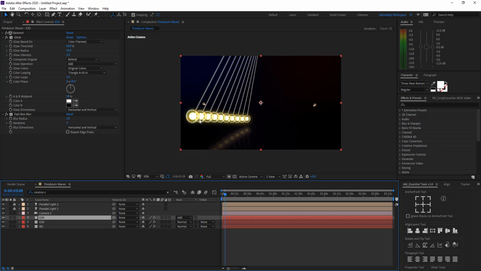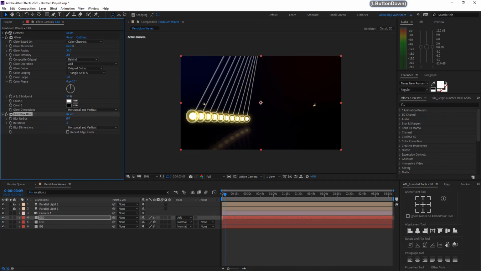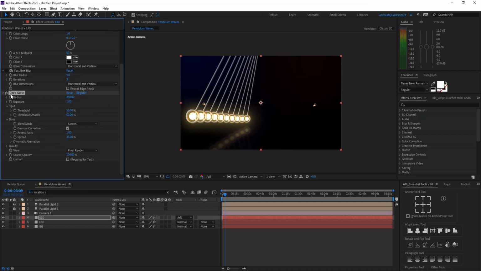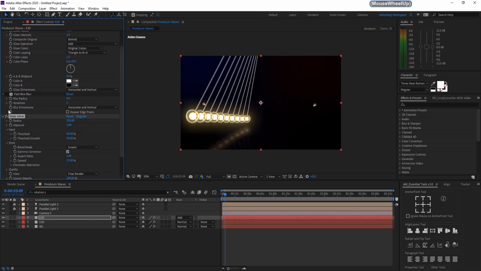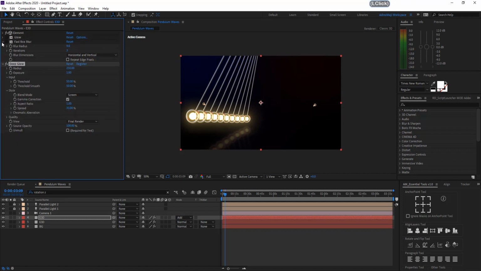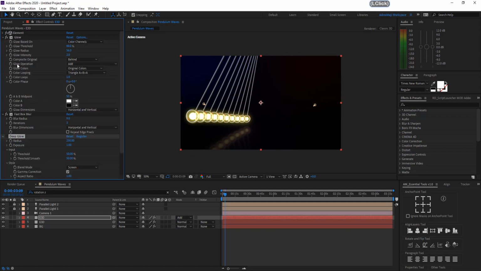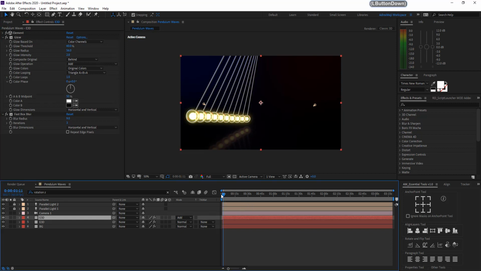If you don't like the glow effect, just turn it up and down. By the way, if you have a third-party plugin like Deep Glow, you can just apply that and it will make the glow effect instantly. You can see the difference, right? That is the third-party Deep Glow plugin. If you don't have it, just apply this effect. Like I said, it will make a difference. So we don't need the Deep Glow right now. Now playback.